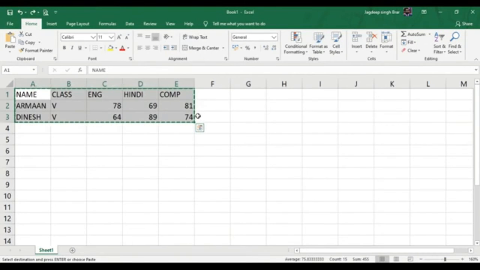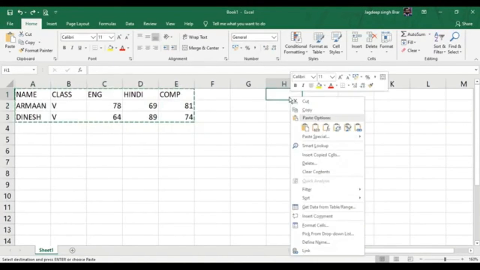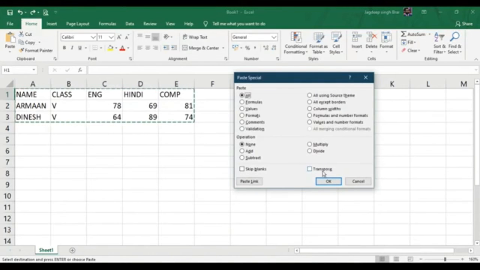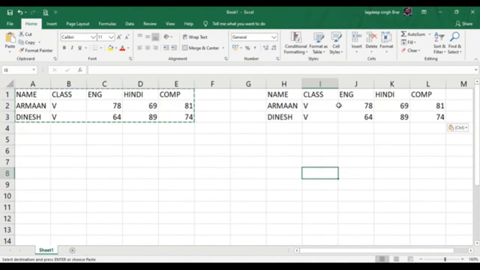Right click on the cell where you want to put the data. Click the required paste option in the context menu and select All and Operation, OK. So here we have all the information that we have copied.